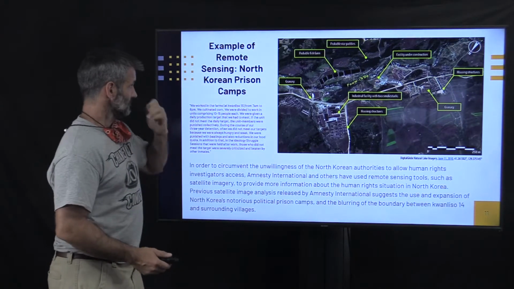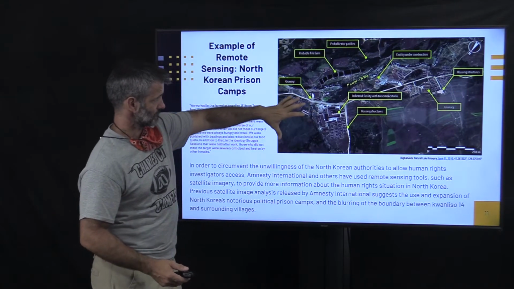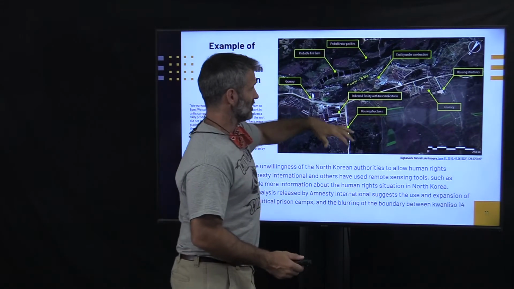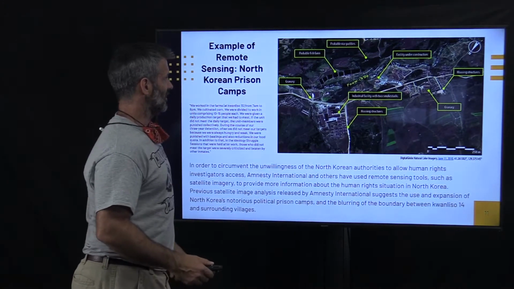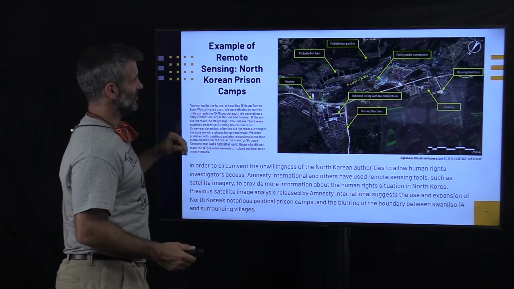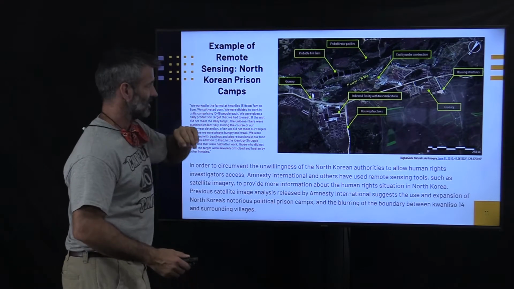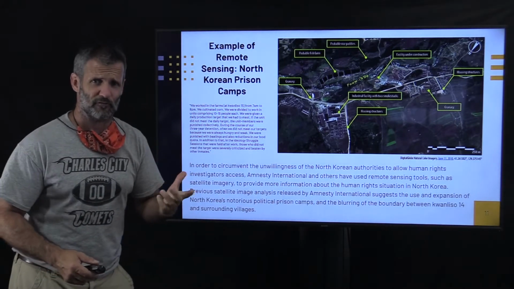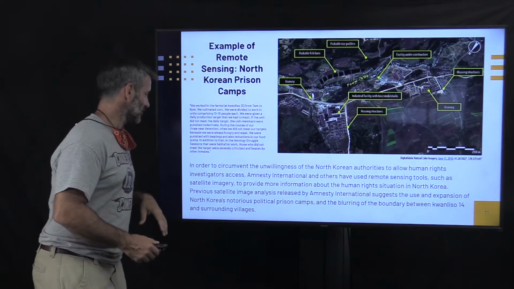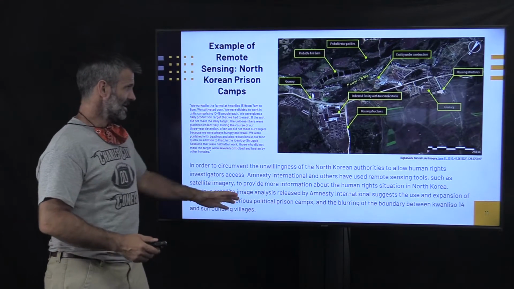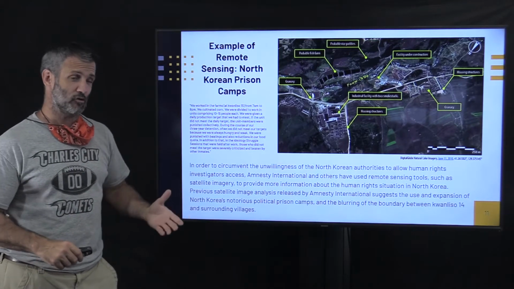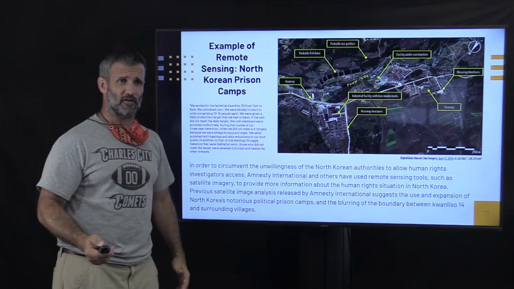Here's one example. North Korean camps. They took a satellite picture and then gave it to an analyst who's trying to figure out what all of these different things are in this area. North Korea, a communist country, trying to figure out what's going on there. One of the most famous examples in U.S. history for remote sensing. Actually not remote sensing, because we did not have a satellite at that time. So totally forget about that idea. This is how we look at North Korea, Pakistan, Iran, figuring out if they have nuclear weapons. This is something that we do to find that.